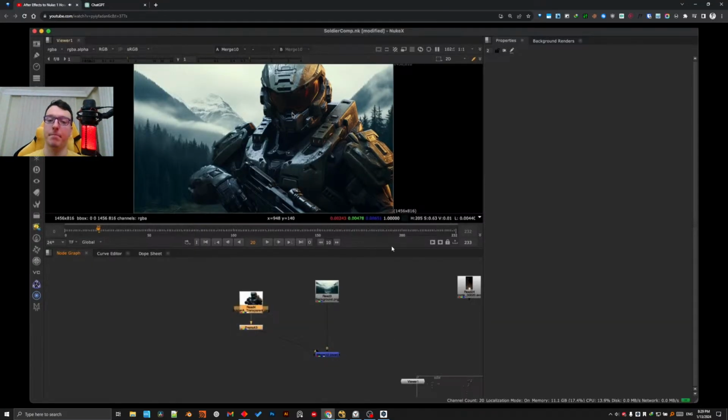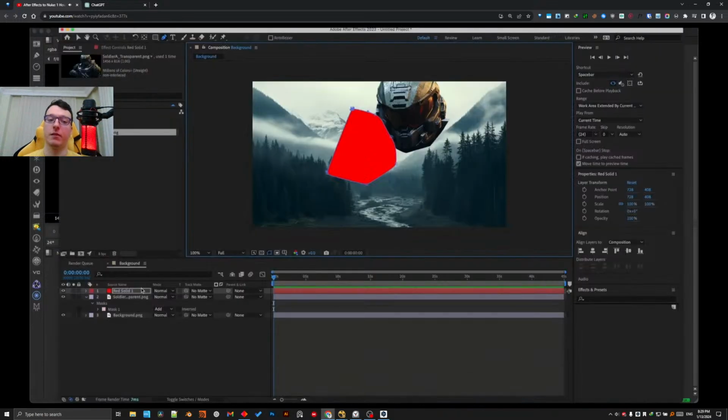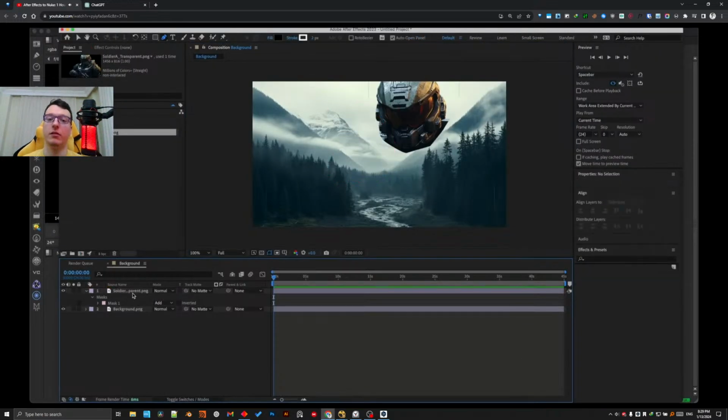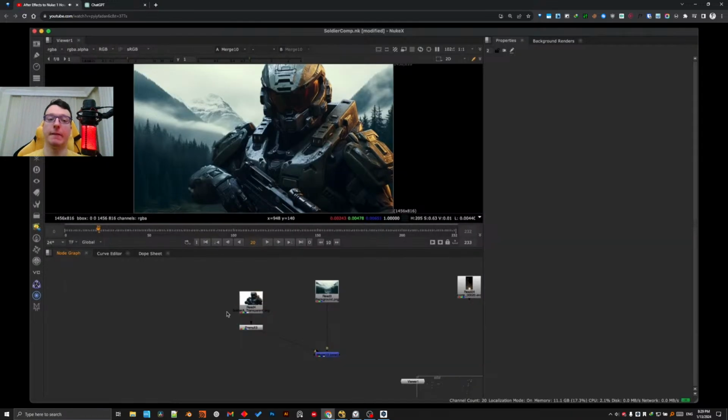So in After Effects, if we wanted to blur these layers together, I mean, there would be two ways to do it. You could use an adjustment layer. I'll just delete this. You could use an adjustment layer to affect everything, which, you know, we don't need to do it in Nuke because you saw that if I want to do everything, I just put it after. But